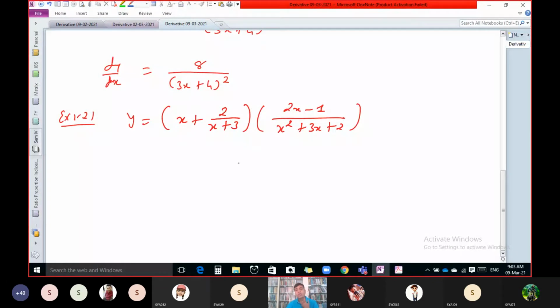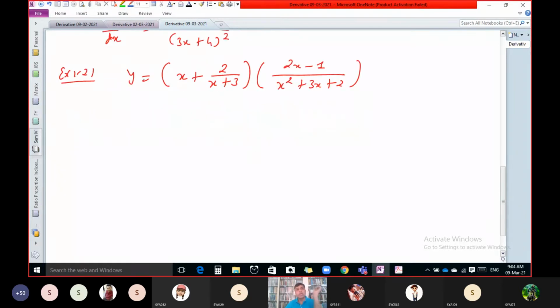Now you can start the u into v rule here directly, but it's better to simplify first and